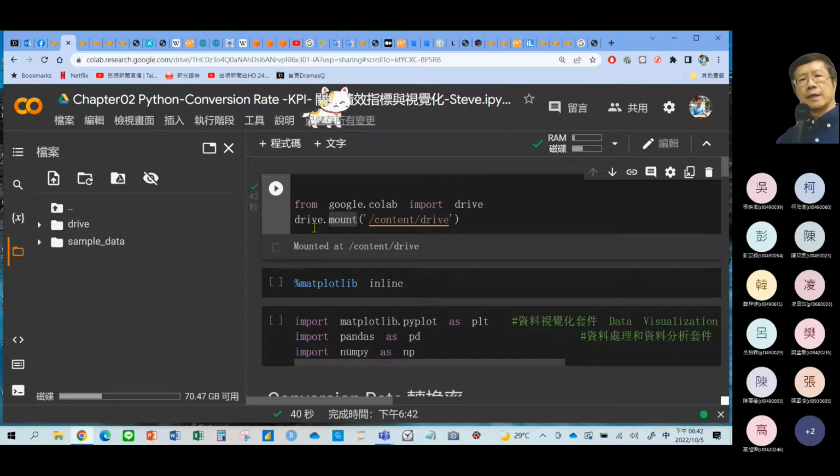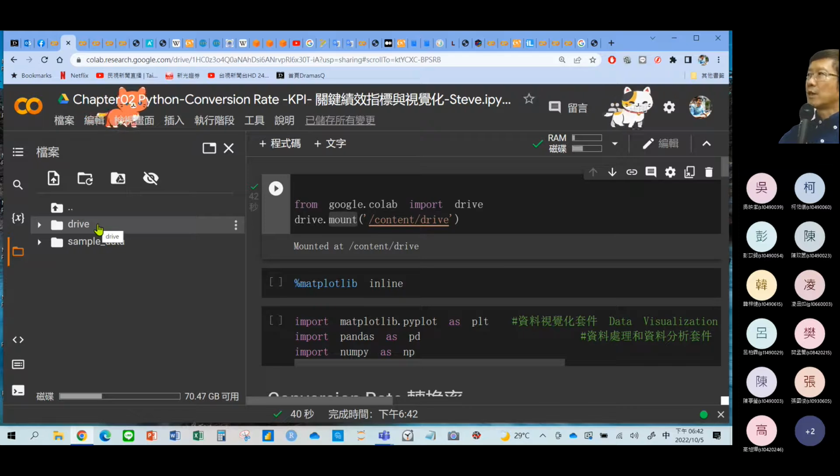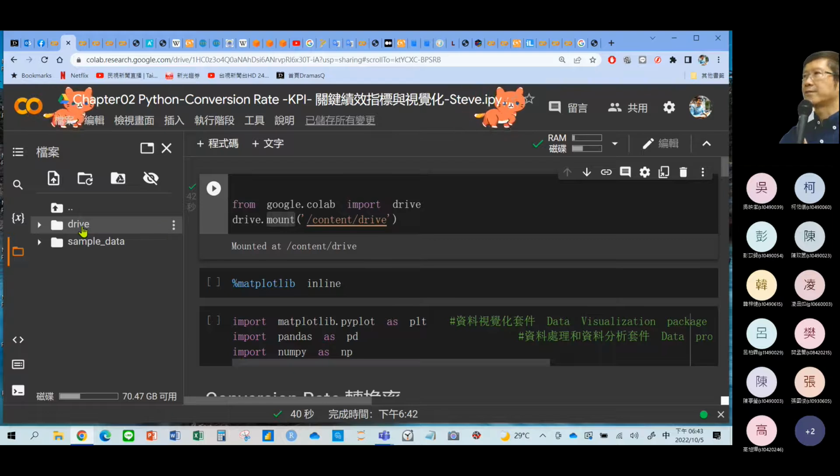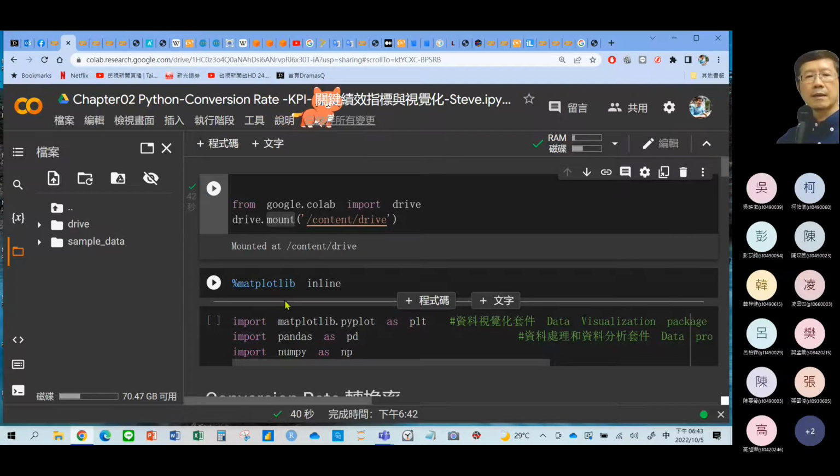Okay, so it only takes 42 seconds to mount your Google Drive. Here you may find a folder on the left-hand side. 在左边这边 you may find a folder here, Drive, right? 看到没？在这边有一个 Drive. So this folder is your Google Drive. 好，这边你就可以了。好，有没有问题？